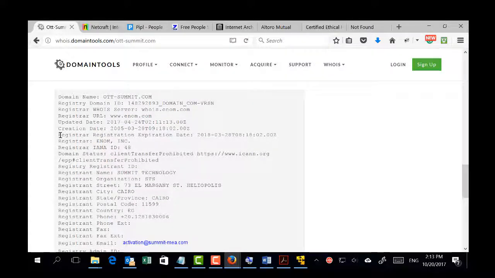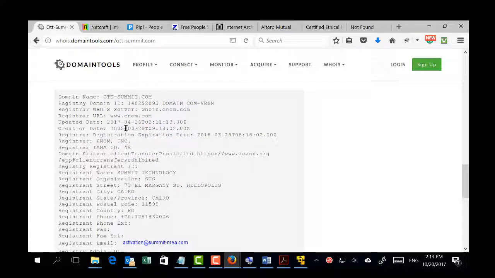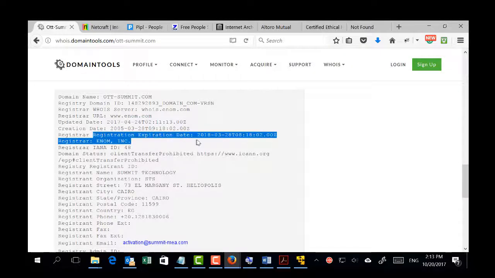It will expire in 2018, which is quite near. So it means that, if I'm following, this is the expiration date. I can wait until it expires, and then I can enroll in this domain, and then I can